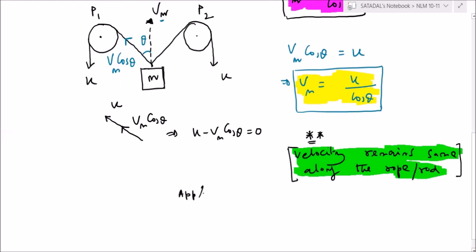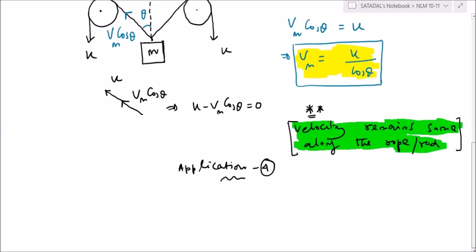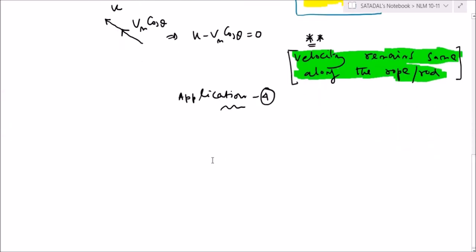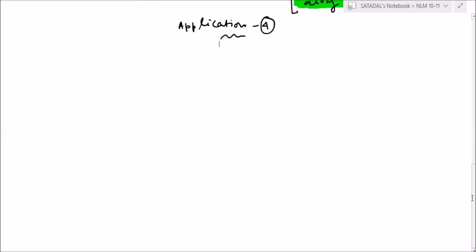Just the last application for today. Raja, tell me. Sir, if these model questions are given in examination, we can directly apply VM is equal to U cos theta, or else? You can apply, but first of all, these questions will never be given in the examination. Application of this question will come. Okay, sir, and we can use concept 1 and concept 2 also. Either, anything, but this concept only. Do not apply any philosophy or any psychological analysis. Apply concept.